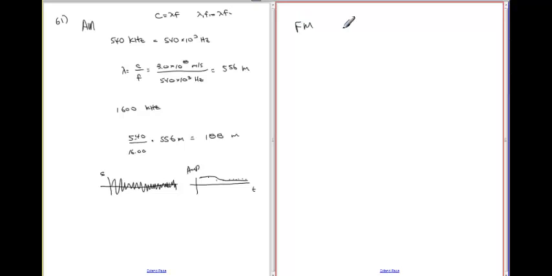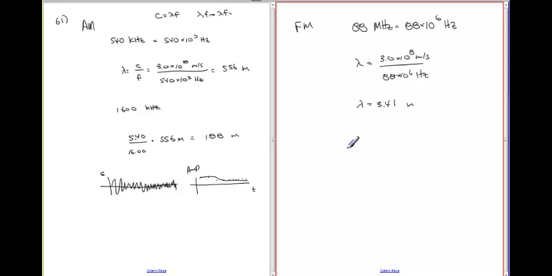Okay, the second set was FM. So let's go ahead and calculate it at the smallest, lowest frequency. So we have 88 megahertz, and that's 88 times 10 to the 6 hertz. Mega is 10 to the 6. If we calculate the wavelength associated with that, we just take the speed of electromagnetic waves divided by the frequency, 88 times 10 to the 6 hertz, and the result will be in meters. 3.0 e to the 8th divided by 88 e to the 6. So we get wavelengths of